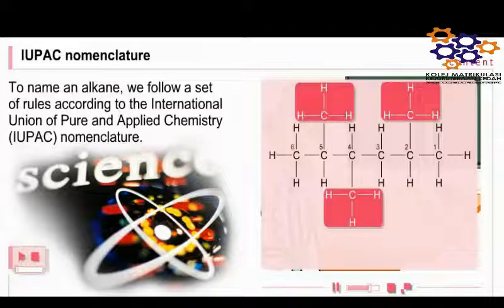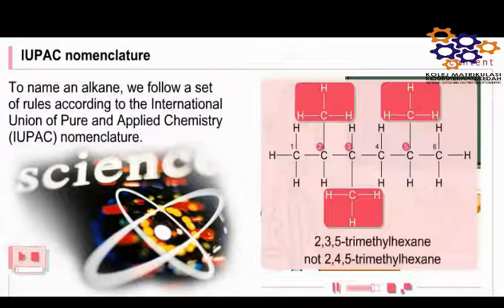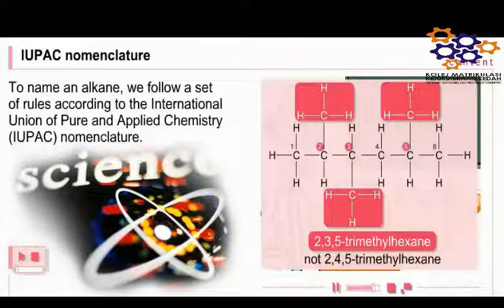Numbering the longest chain from the right-hand side gives the substituents the numbers 2, 4, and 5. But numbering the carbons from the left-hand side gives the numbers 2, 3, and 5. By choosing the smaller numbers, we get the correct name of 2,3,5-trimethylhexane